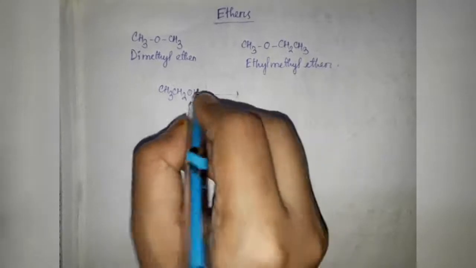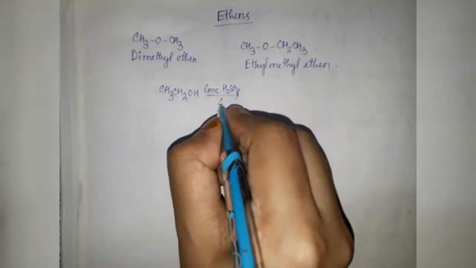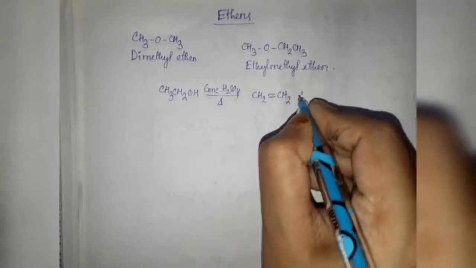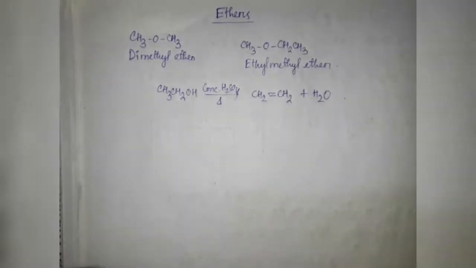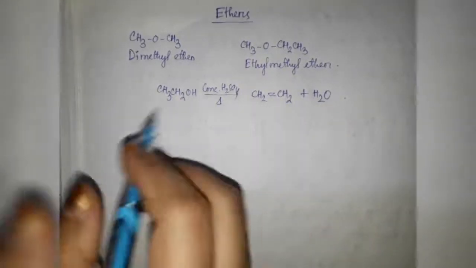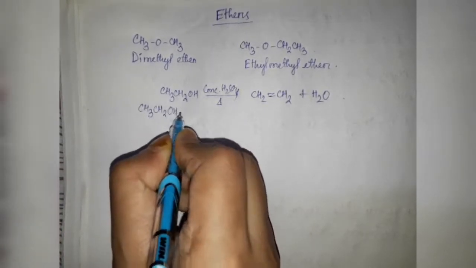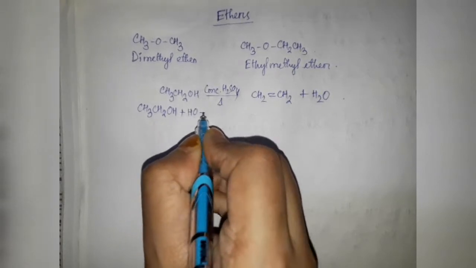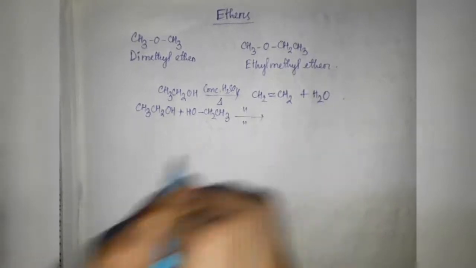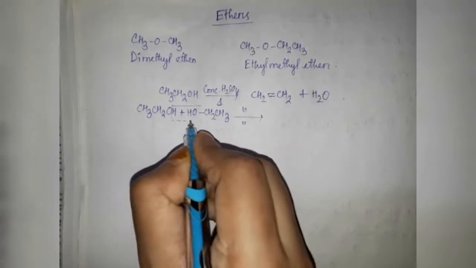So whenever an alcohol molecule is treated with concentrated H2SO4 and the reaction medium is heated, we always get alkene along with the formation of water molecule. But if you take excess amount of alcohol, then what will happen? CH3CH2OH, and in reverse direction I am writing HOCH2CH3, and with similar reaction conditions, water molecule will be left from here, that means from two